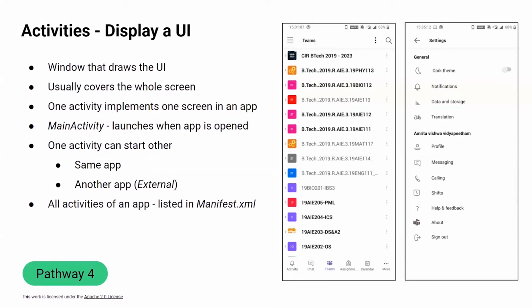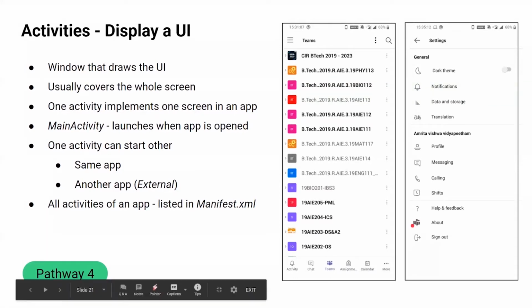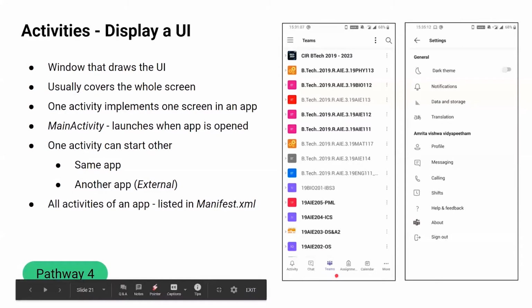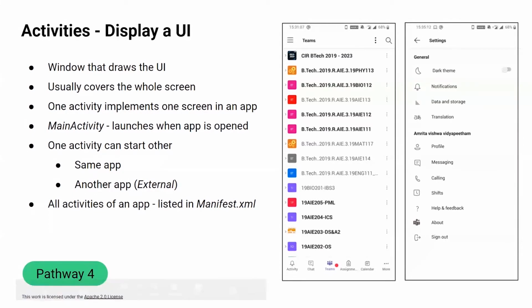Another thing to note is that you can move from one activity to another activity. Like I mentioned before, apps usually contain more than one activity. If you look at YouTube, you can switch from the trending tab to the subscriptions tab, or even in Teams, you can move from the chat tab to the Teams app. How is that possible? How can you switch from one activity to another in the same code? Turns out activities can actually launch or start other activities.